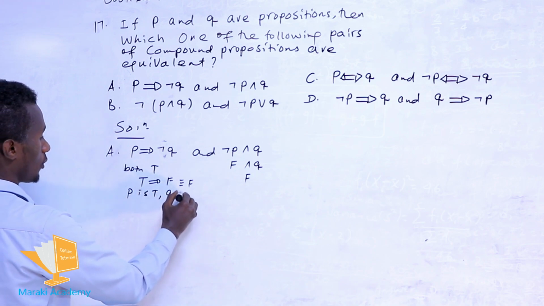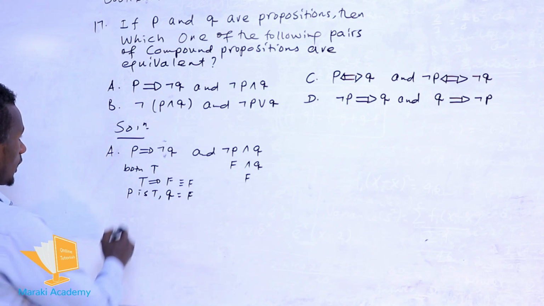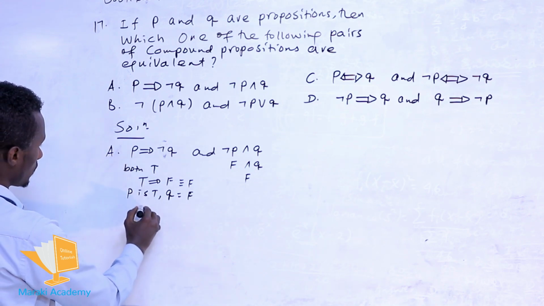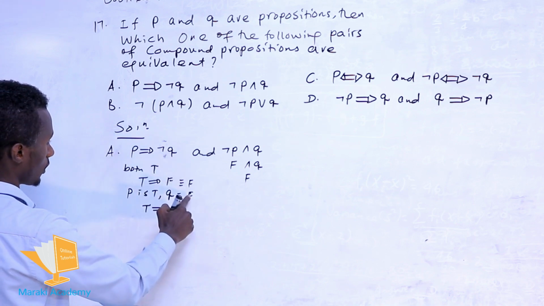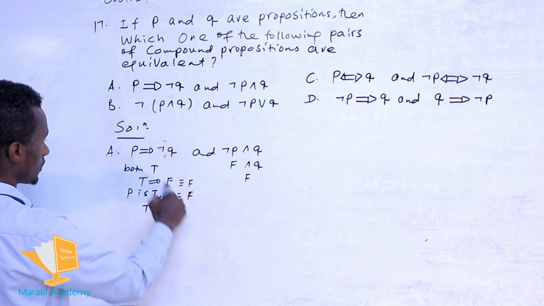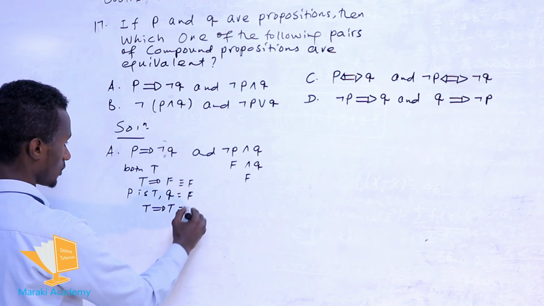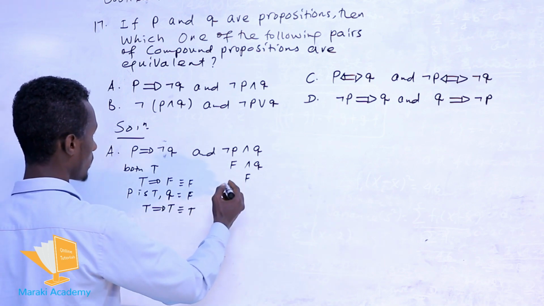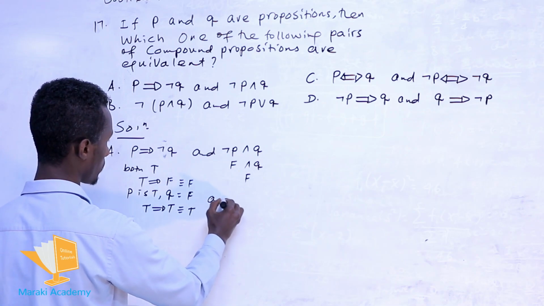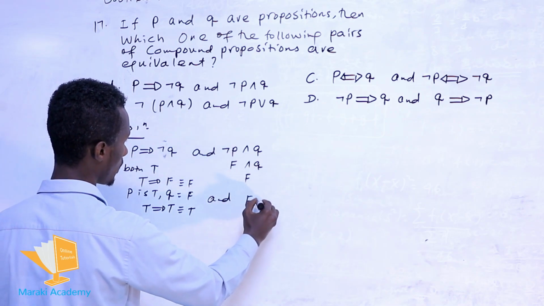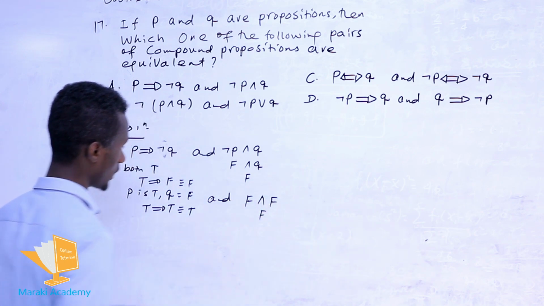ኦኬ next አሁን p true አድርገን q ደግሞ false እናድርግ። p is true and q is false ሲሆን ደግሞ ቼክ እናድርግ። አሁን p is true, so true implies negation of q, q is false, this negation of false is true, so the truth value is true። እዚህ ጋር ደግሞ p true ነው፣ negation of p ምን እንደሚሆነው false ነው፣ false and false ምን ማለት ነው false።